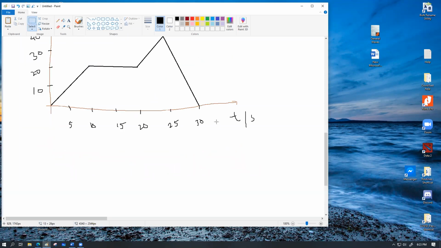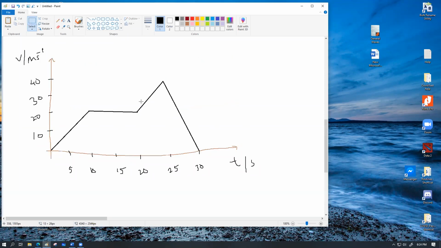So let's assume this is a given VT graph. I want you to appreciate the coordinates of these points. The object starts from the 0, 0 point. I didn't actually label 0, I must. So the object starts at t equals 0 at 0 speed. It goes up from here to here. So it accelerates over the first 10 seconds, reaching a final velocity of 20 meters per